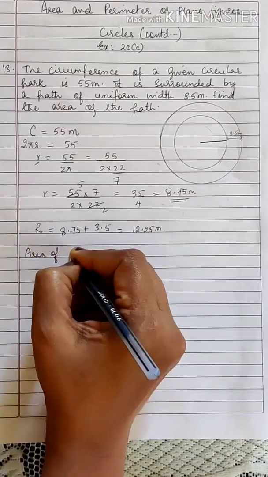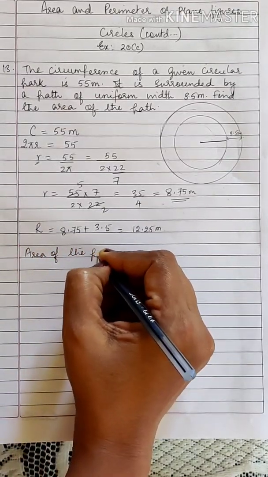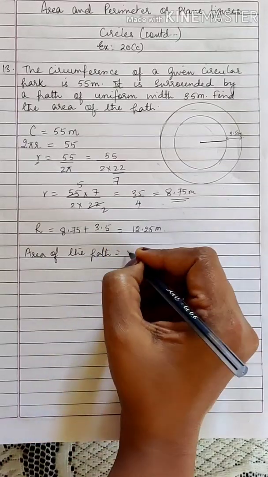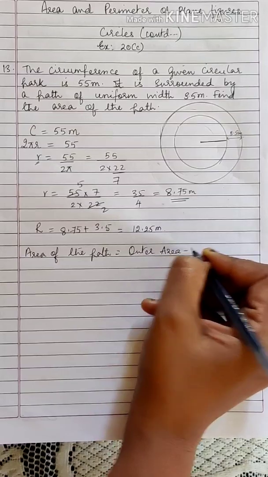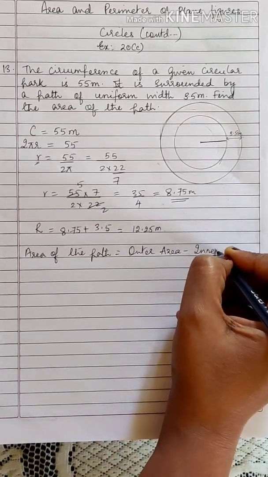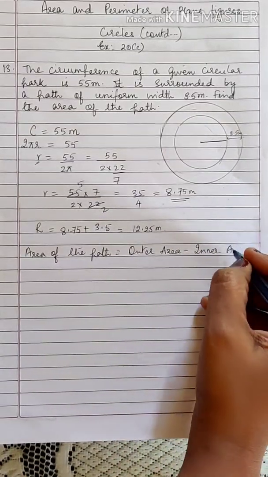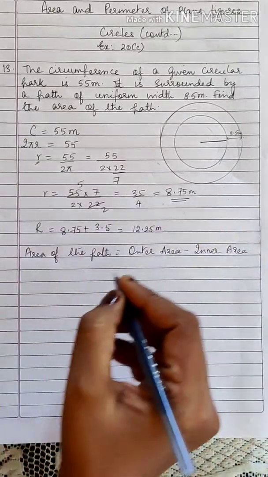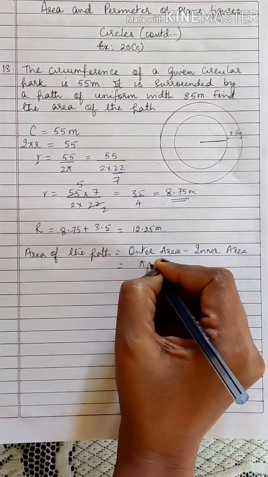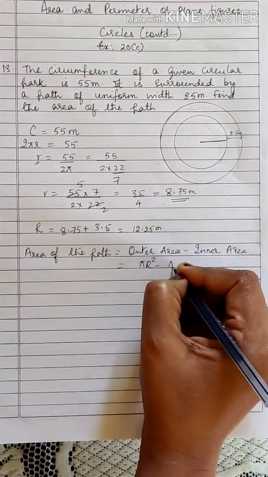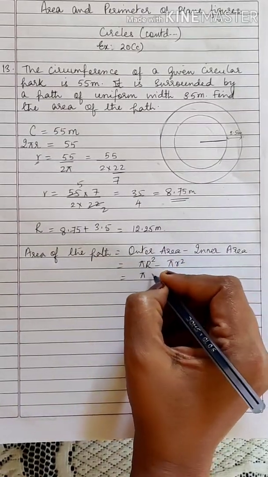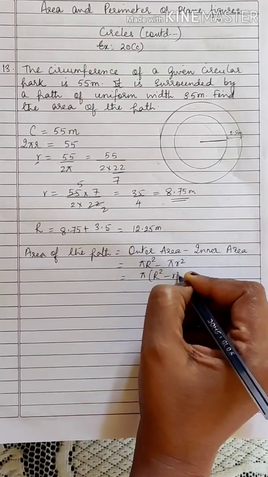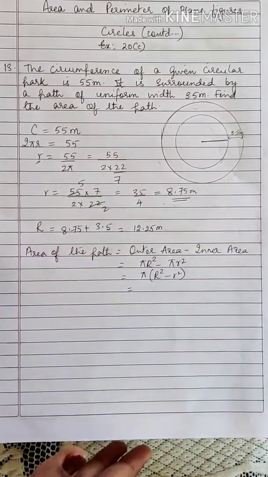Area of the path is given by the formula outer area minus inner area, which is pi R square minus pi r square. Pi of R square minus r square, which will be equal to